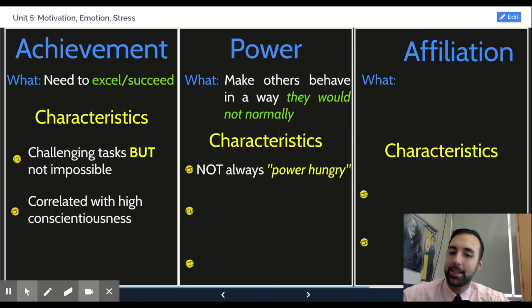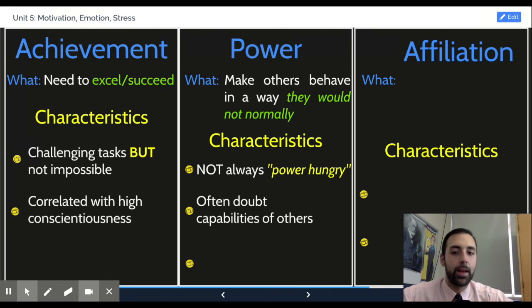And again, that's not necessarily a bad thing. Basically, anyone who is a real leader, whether that's a sports coach, a teacher, your boss or your supervisor, those are people that are making others act the way they wouldn't normally, right? If you're a teacher and you ask your students to do something, those students probably wouldn't have done that on their own. If you're a football coach and you ask your players to run a lap, they probably wouldn't do that on their own. So the way it comes across has a really negative connotation to it, but this isn't